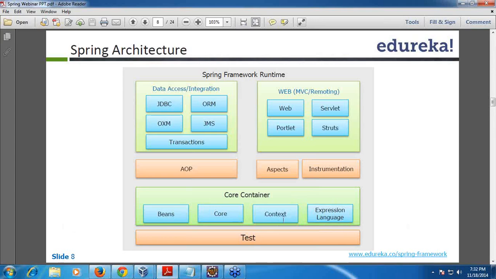is a medium to access objects defined and configured in your applications. We will also see we have application context, beans, all these things, and the expression language for querying and manipulating the object graph. So that is core, and then AOP and testing, all these are features. Testing, all of you know, right? Spring components can be tested with JUnit and TestNG frameworks. So core and AOP are the main features of Spring.